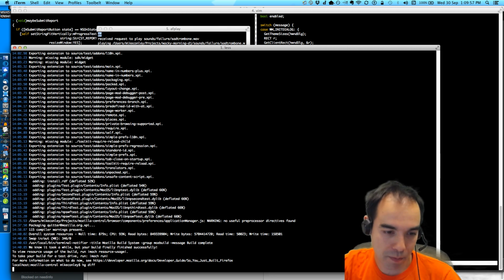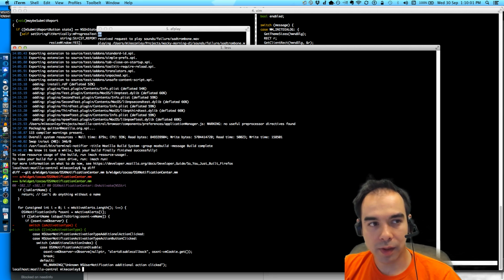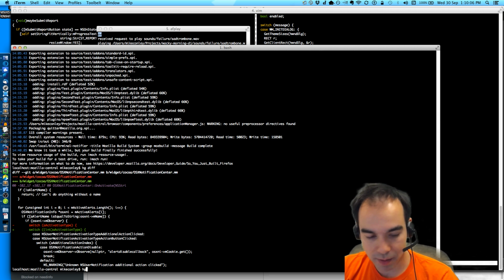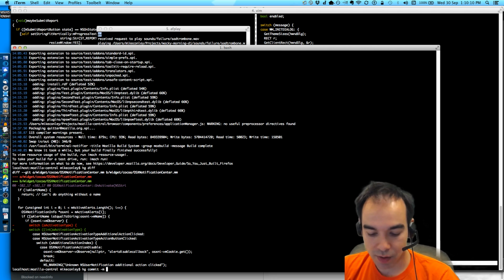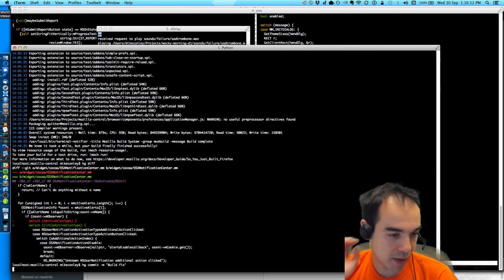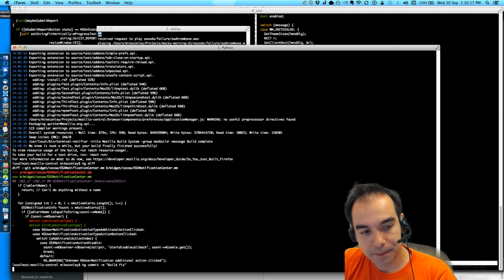I pulled from Central and I couldn't build because there was some thing going on that's related to the operating system I'm running, but I found a fix that someone had posted in a bug, and I have a feeling that's going to land on a tree soon, but I'll need it until it does, so I'm just going to call this a build fix, and I'll commit it on top, and I will strip it off whenever the actual fix lands.